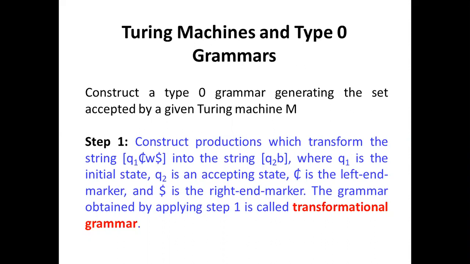Today we will discuss Turing machines and type 0 grammars. We need to construct a type 0 grammar generating the set accepted by the Turing machine M. First, construct the productions which transform the string Q1,